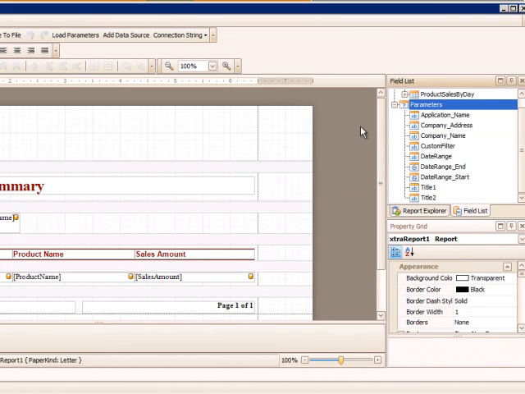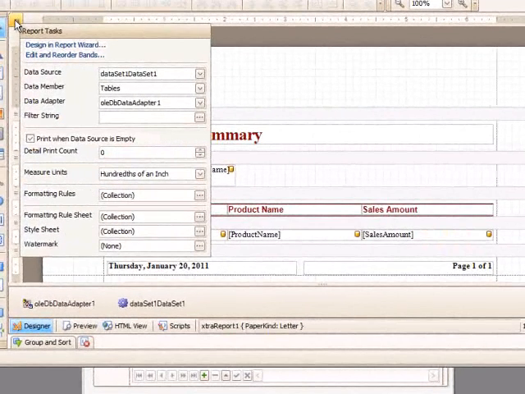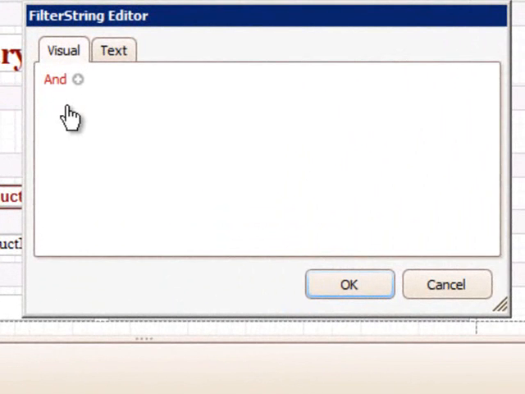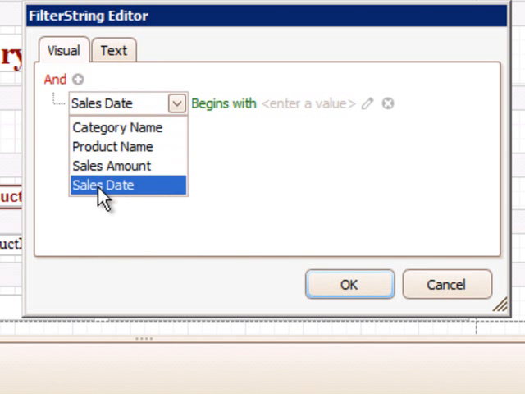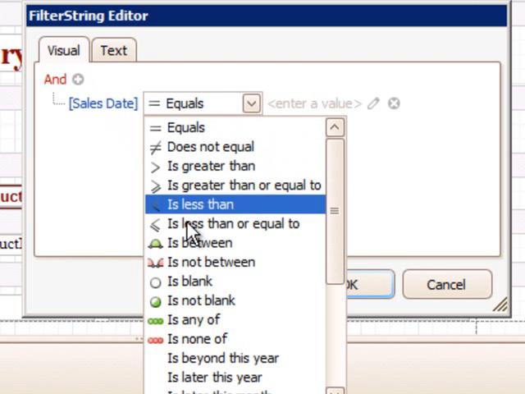Now to make this report sensitive to this date range, we're going to create a report filter. So I come back over here to the Smart tag and go to where it says Filter String. We'll click on the three dots to build our filter, and on the Visual tab we're going to add a filter. We're going to choose the sales date from the fields in our data source, and we want the sales date to be between